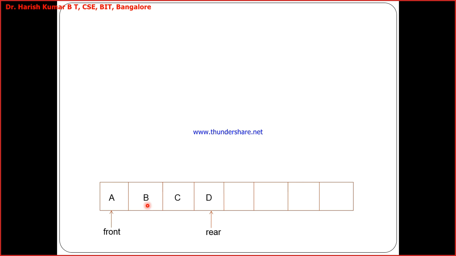Okay, and if I go for displaying the queue after increasing the front, it will always display from what? From the front till the rear, where the rear is pointing. So if I say what is the content of the queue, it will always start displaying from the front till the rear. Okay, so A, B, C, D. Now after displaying D, it stopped because rear is pointing here. So hope you understood.